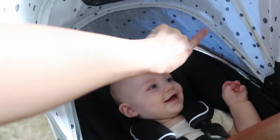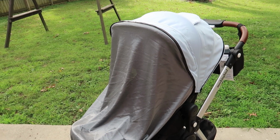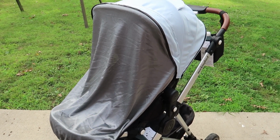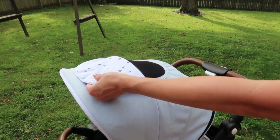My third favorite thing about this stroller is the attention to the little details. I'm just not used to this with the basic strollers that I've purchased in the past. For instance, the airflow zipper for the baby not to get hot, the magnetic sunshade. Genius, especially if you have fair-skinned children like me. It's magnetic, so it's so easy on and off. It has a magnetic peep window, which again, so simple, but just that it's magnetic,